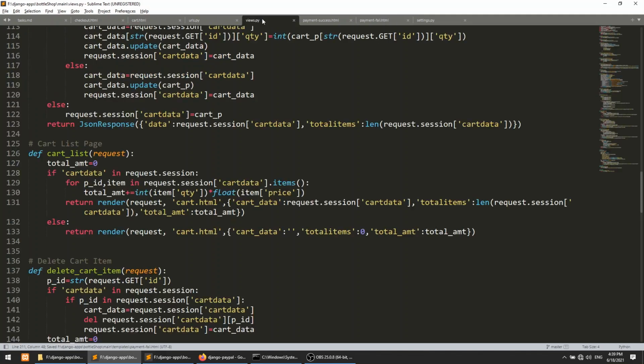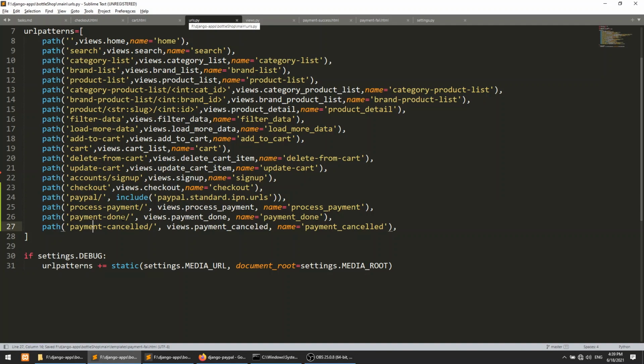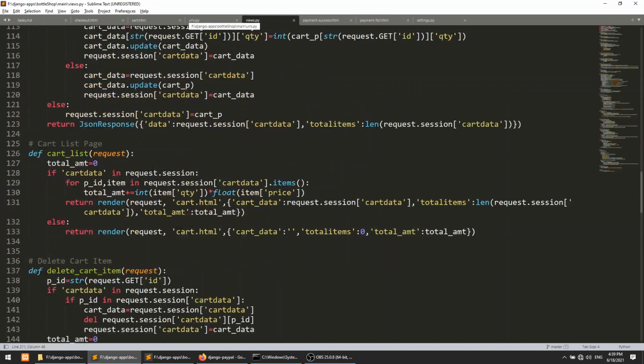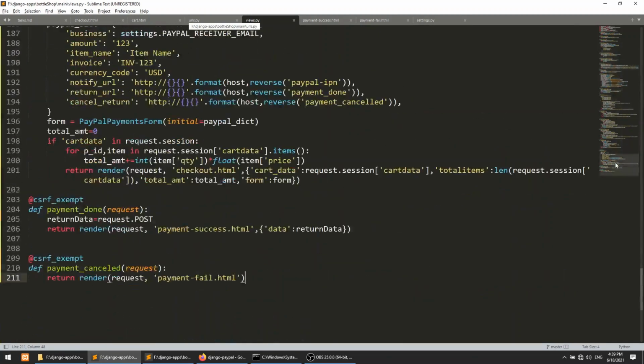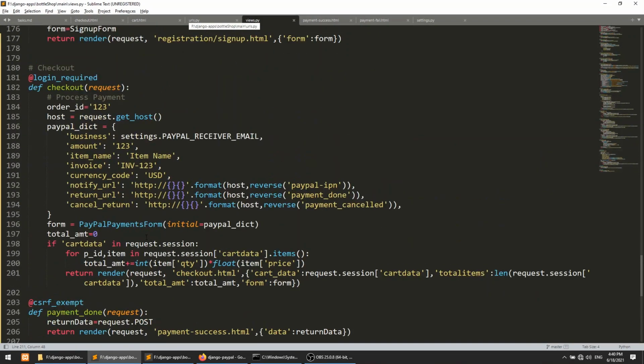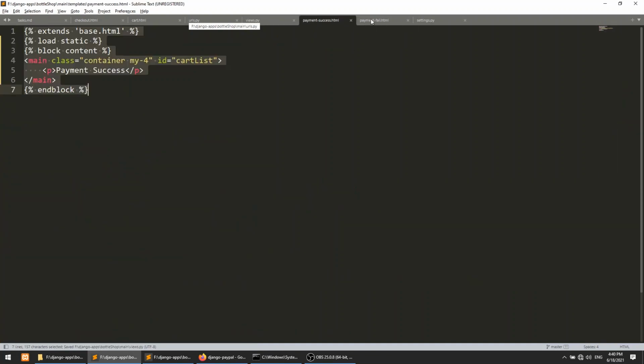So we have defined our URLs, and according to the URLs we have defined our views, and here we created this form. We will see how this form looks soon. And we have defined this success and fail.